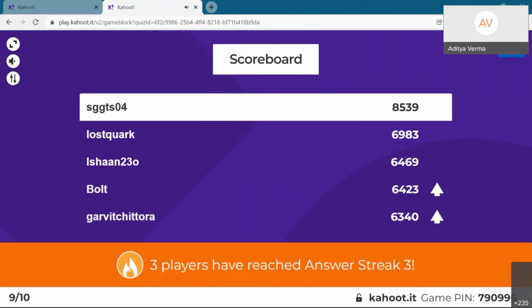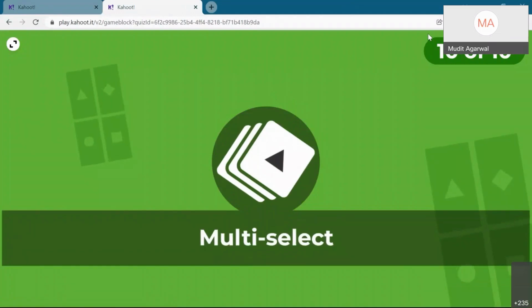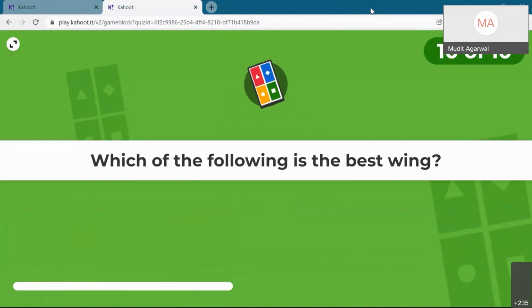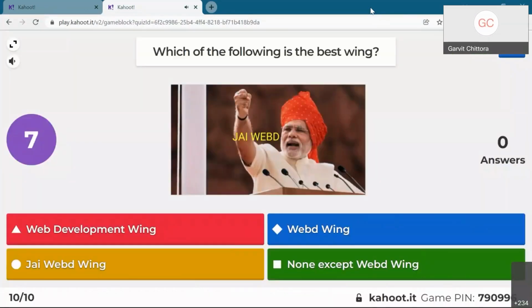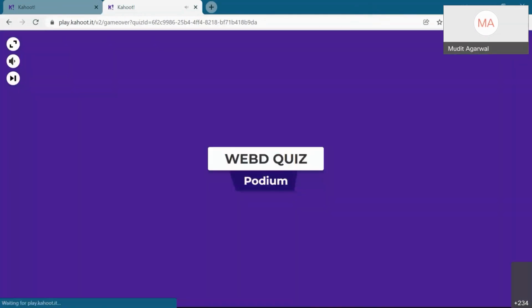ठीक है। ये मैं क्वेश्चन भूल गया। हाँ, करेक्ट है ये। मल्टी सिलेक्ट है ये, ठीक है? सबमिट करने से पहले आराम से चेक कर लेना। वैसे तुमने टाइम बहुत कम दिया यार। हाँ सर, इसीलिए कम किया, ज्यादा सोचना नहीं पड़ेगा। नाइस, चारों सही थे। लीडर बोर्ड देख लेते हैं।